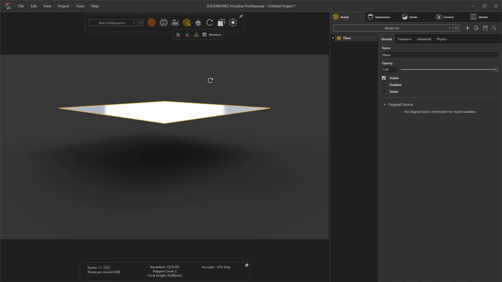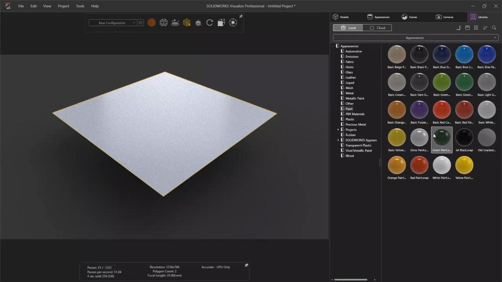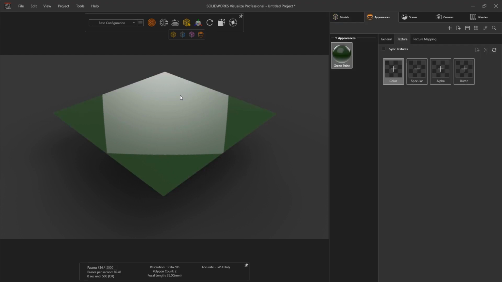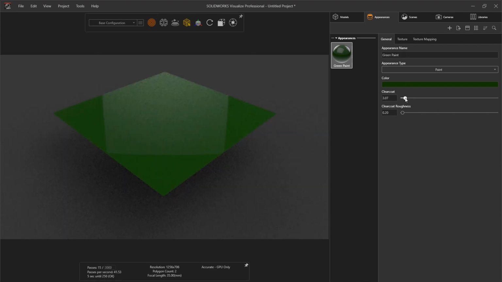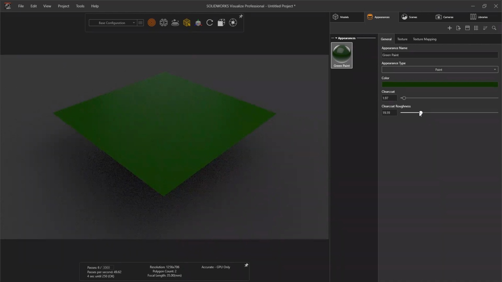So this is a holly leaf, but obviously it is lacking a bit of detail at the moment. So let's apply a simple appearance like green paint. One new feature of 2021 is if I want to go to the appearance I select on, instead of having to change my selection tool, I can simply double click on the appearance I want to edit. Every little helps to save time. I shall change the appearance to give it a little less clear coat and a bit more roughness for the reflection of a holly leaf.